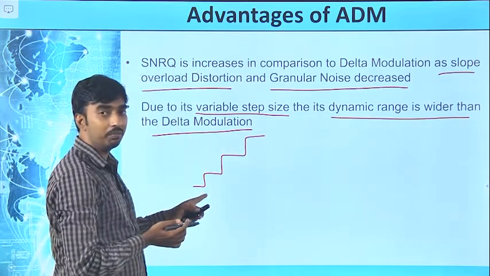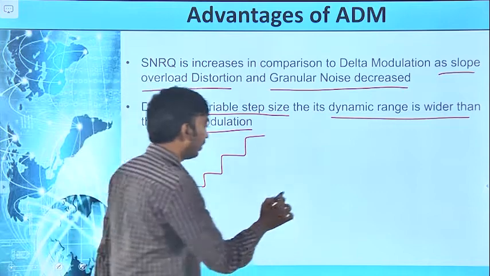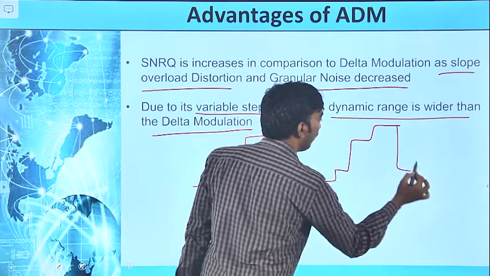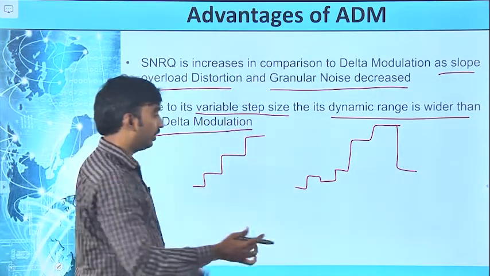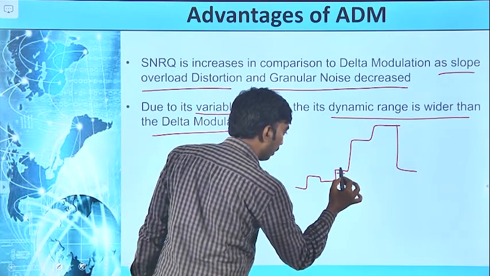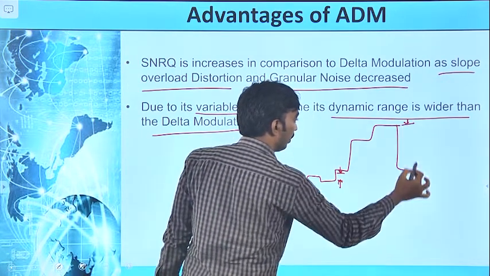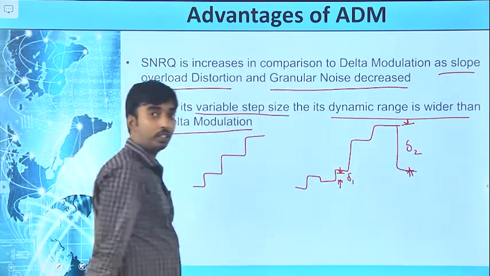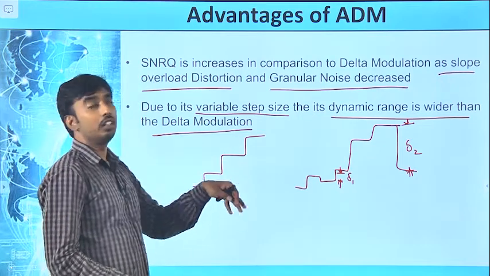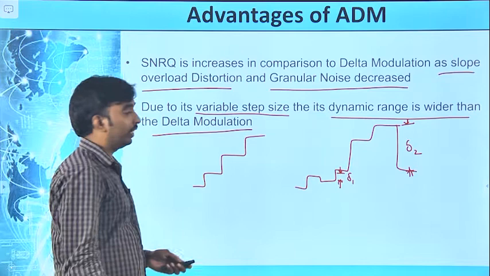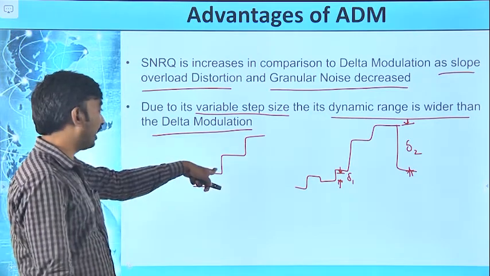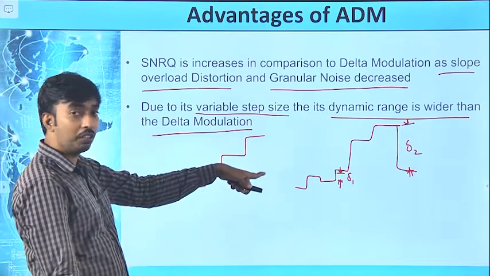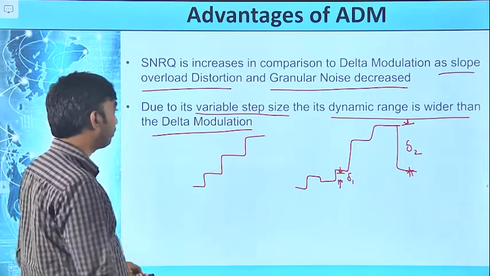Step size is same, no dynamic range in the step size. Now if you see, the step size is varied, more dynamic range, right? Now the smallest value is this one and the largest value is this one. Now the delta is varying, right, from delta 1 to delta 2. The dynamic range of the adaptive delta modulation is very high compared to delta modulation, where the step size is constant. That means no variation, step size is uniform, right? Whereas in adaptive delta modulation the step size is not uniform.